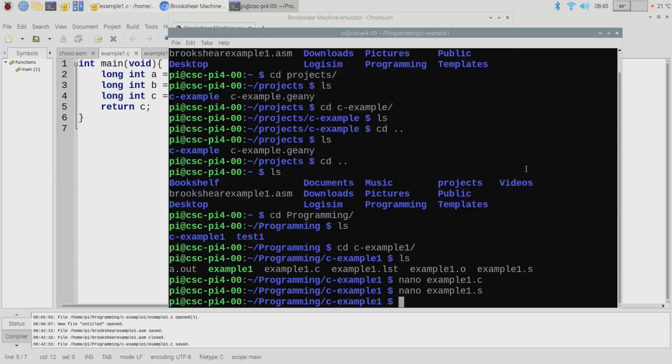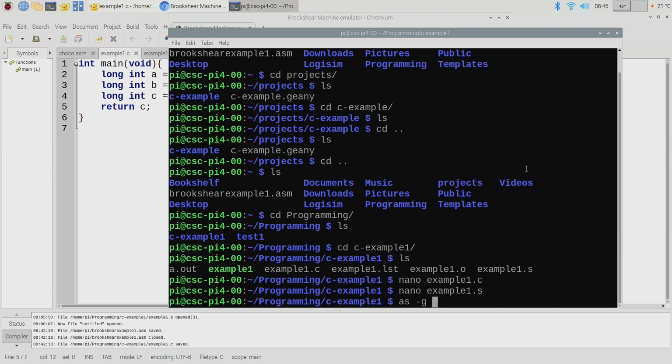Well, what I first have to do is assemble it. So I'm going to run as, which stands for assembler, and then give it a flag -g for debugging.